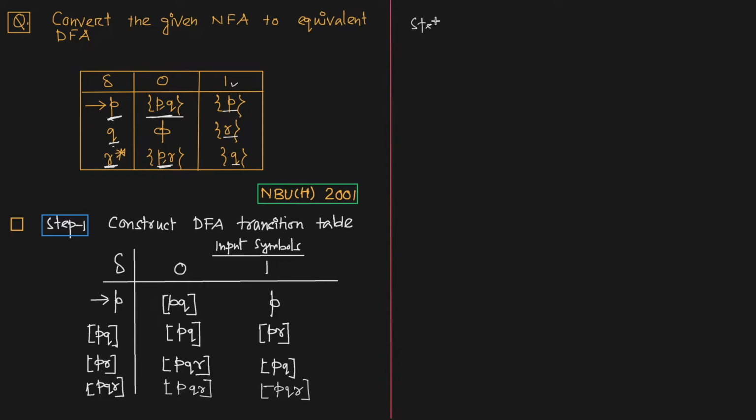So the next step, the DFA may be drawn as, so here we have 4 states: P, PQ, PR and PQR. So in NFA, this is our NFA transition table, right? This is our NFA transition table. Okay, this is our NFA transition table,